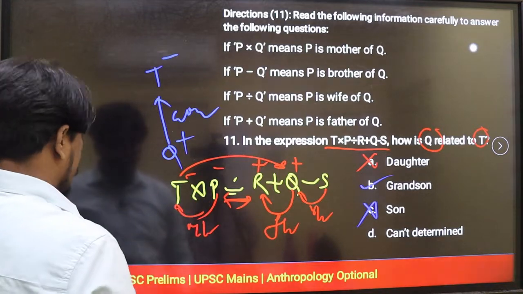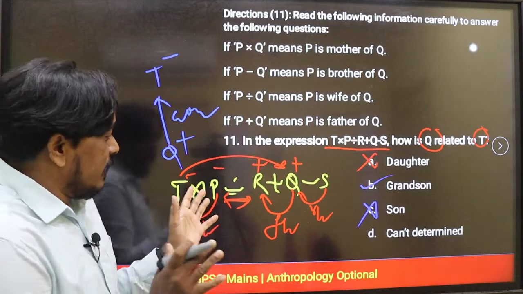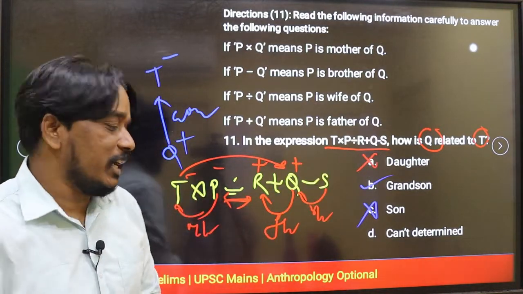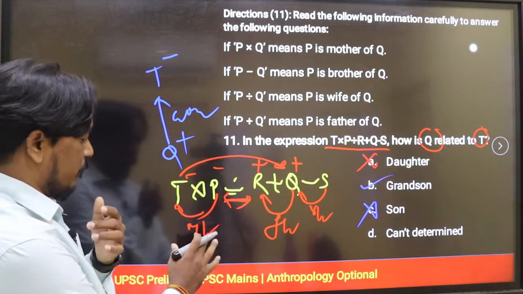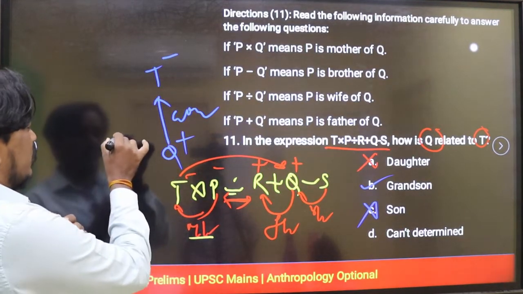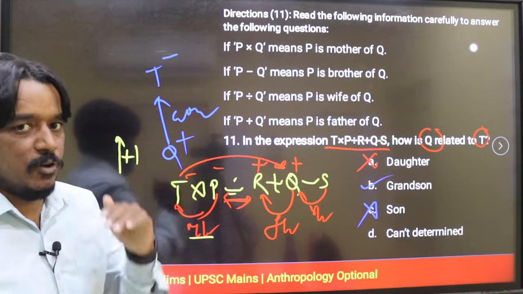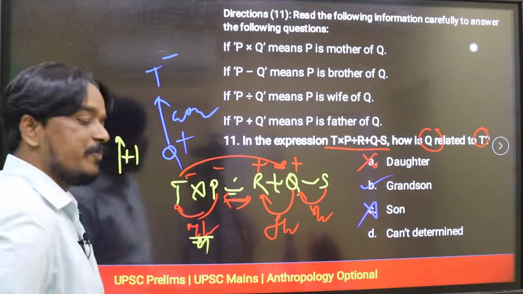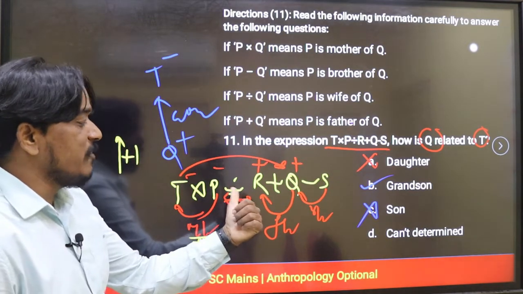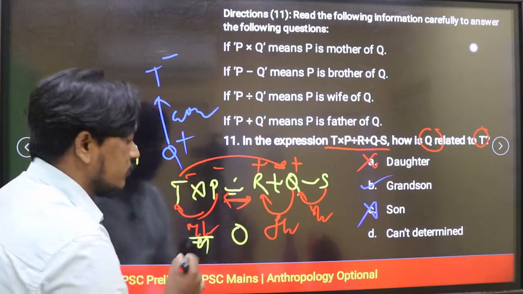Gender technique means just try and understand what we have to do. Now, the generation technique. Generation means generation gap. For example, mother means we will take 1 generation above. I already explained that in the first session. Plus 1 we have to take for father, mother, uncle and aunt. So here you can take plus 1 directly. Similarly, wife and husband, couples are in the same generation. So the current generation is 0.